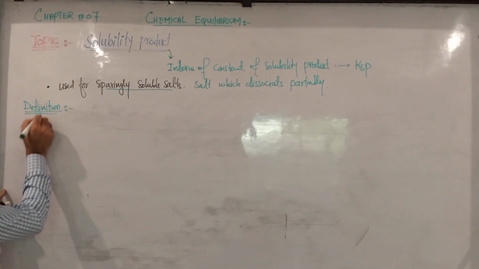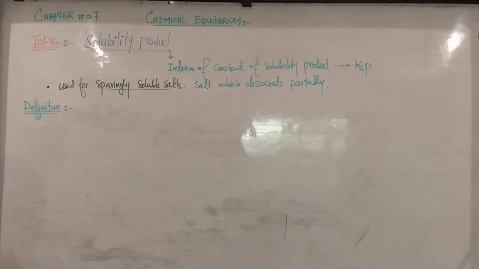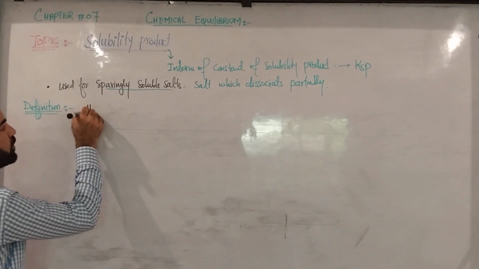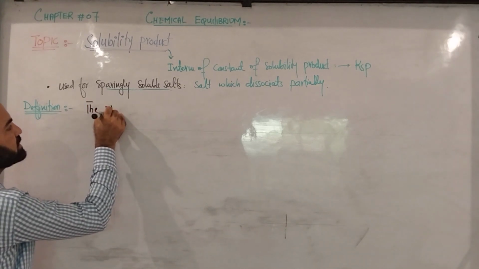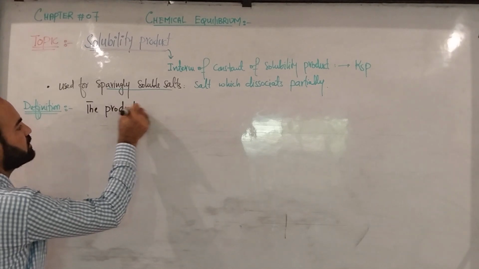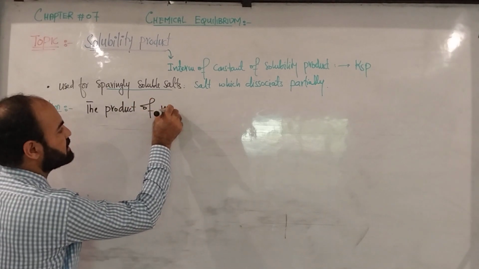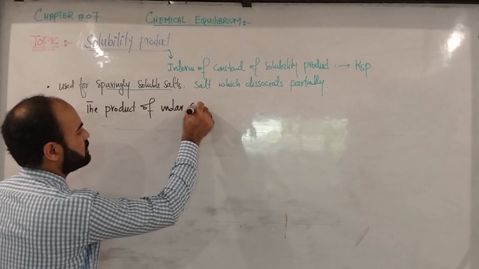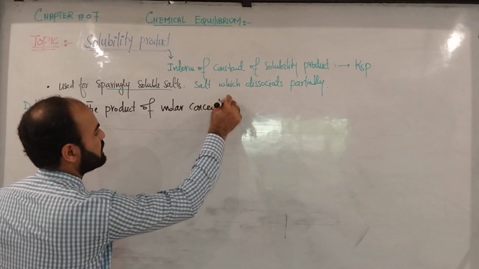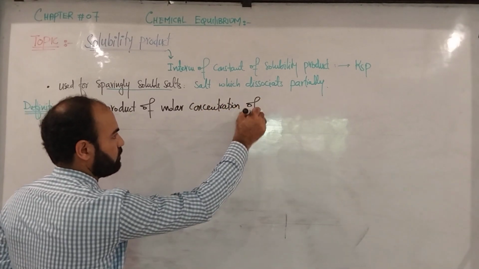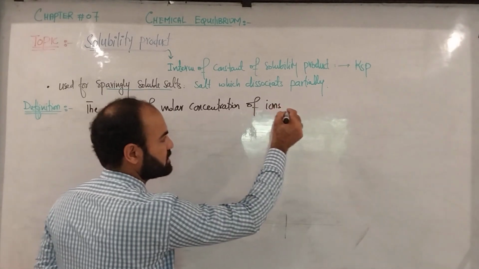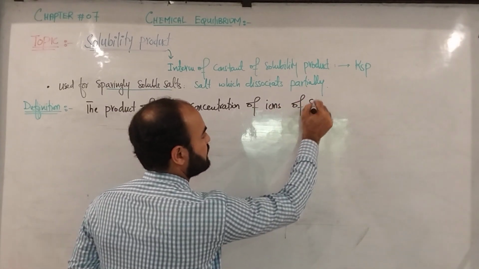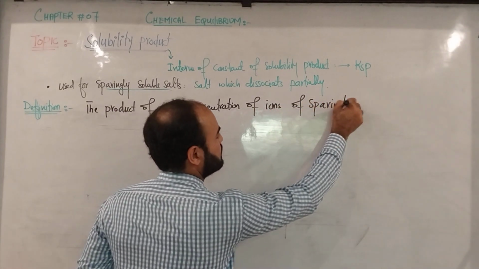The definition of the solubility product: the constant of solubility product is equal to the product of molar concentration of ions of a sparingly soluble salt